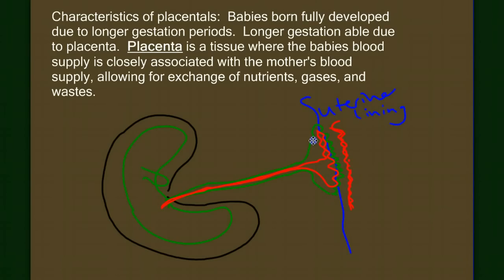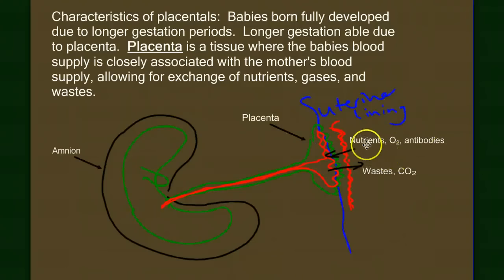There are just exchanges made back and forth. From the mother's blood go nutrients and antibodies and other things that the baby needs, oxygen, and from the baby's blood into the mother's blood go waste products and carbon dioxide. So as these exchanges are being made, nutrients, oxygen and antibodies can cross over. Unfortunately, so can poisons such as alcohol and drugs. They can also pass across this divide between the mother's blood and the baby's blood and feed the embryo, and the waste products can be passed out.